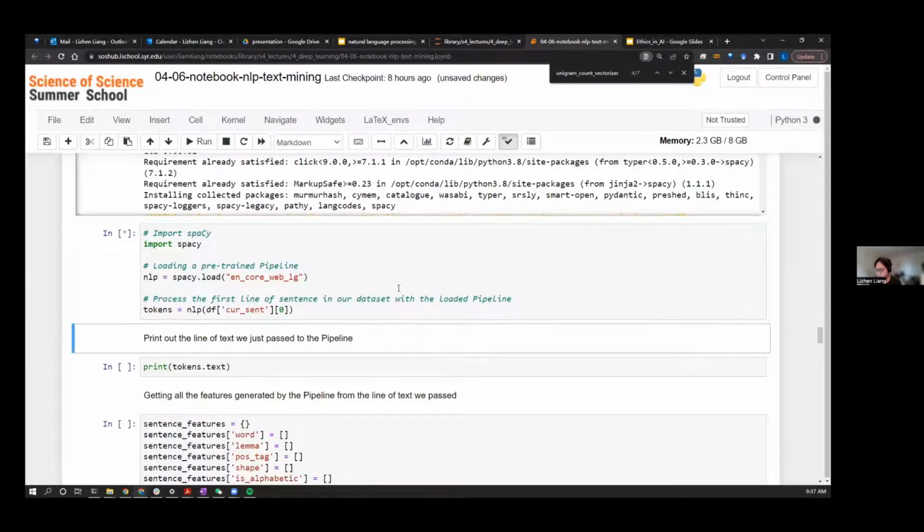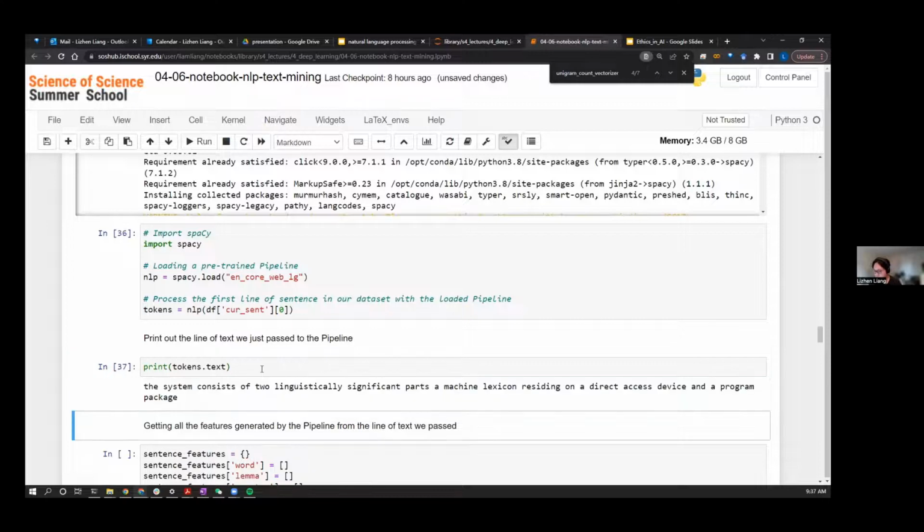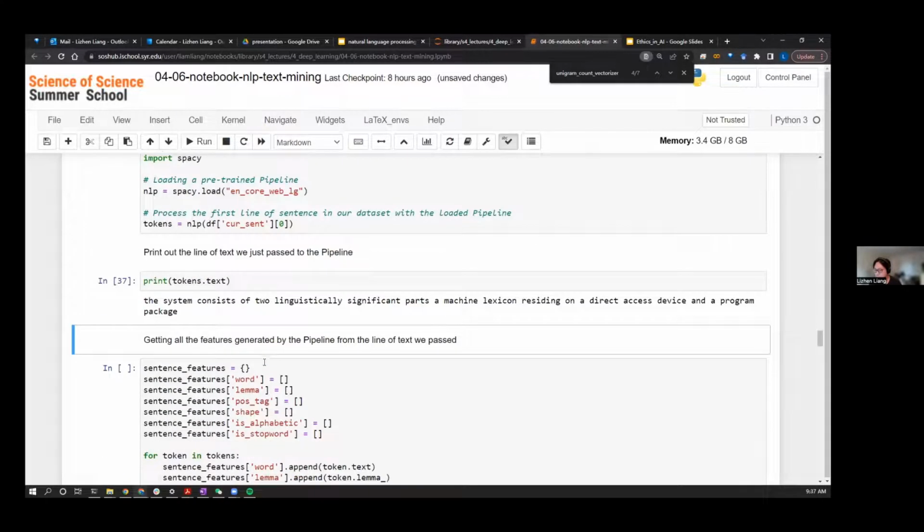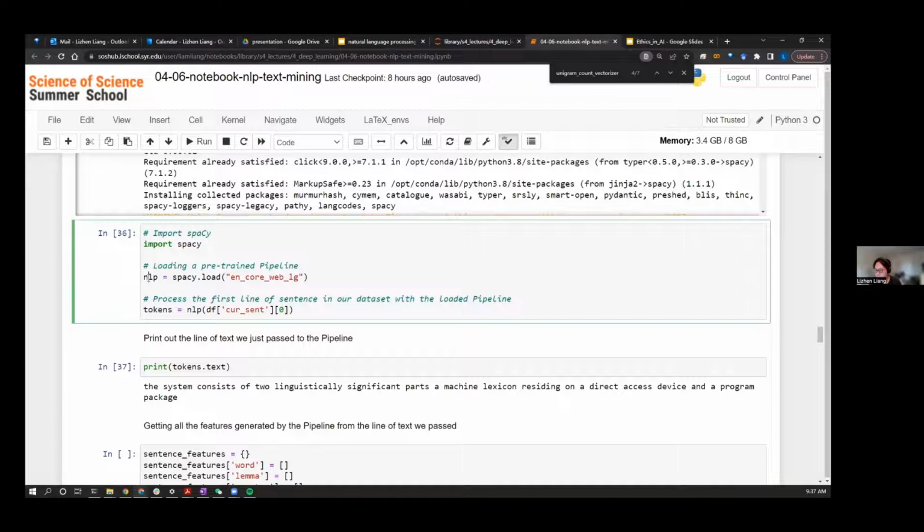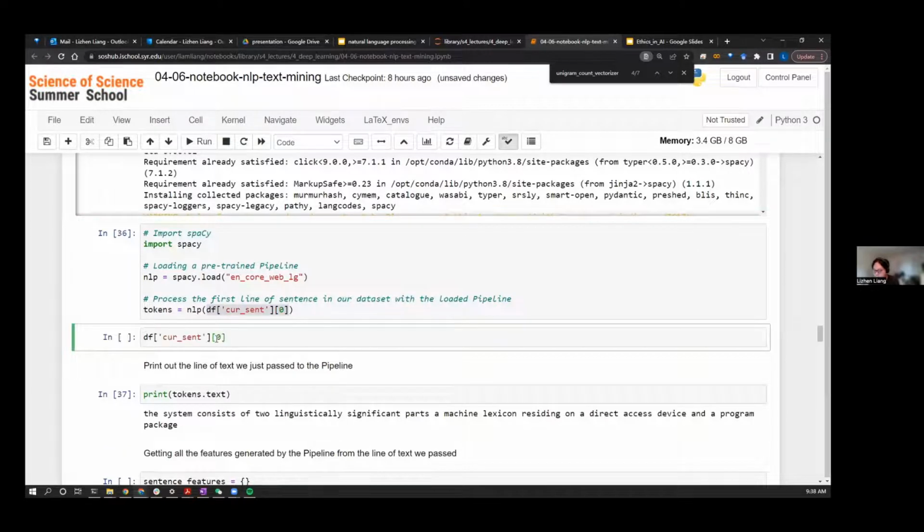So here we import the package and load a pre-trained pipeline. Someone else has trained the pipeline so that we can make use of the functionality that we'll see. nlp is an instance that is a spaCy pipeline. In order to use it, we pass a sentence to the pipeline so it can create a spaCy document instance.